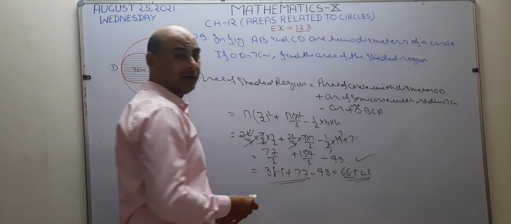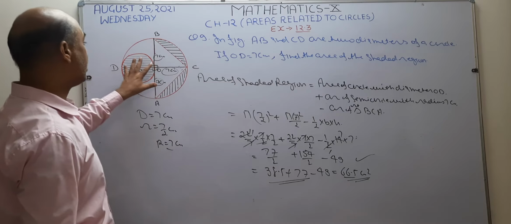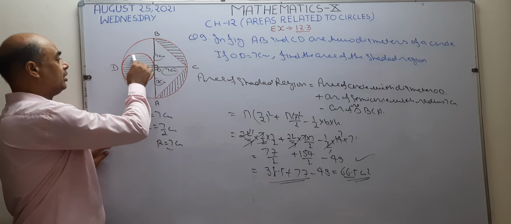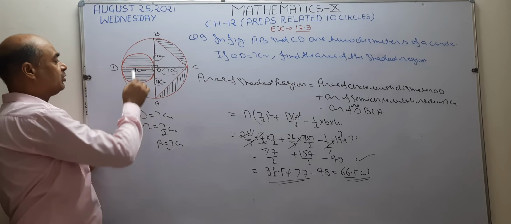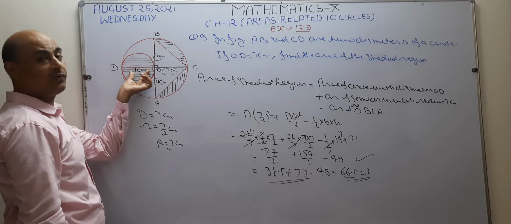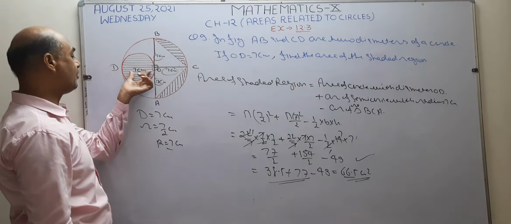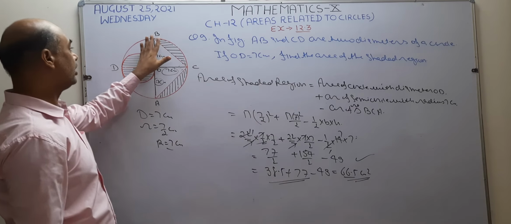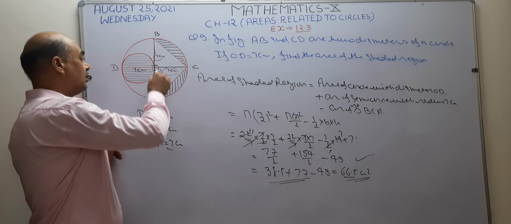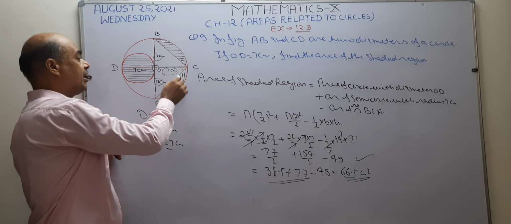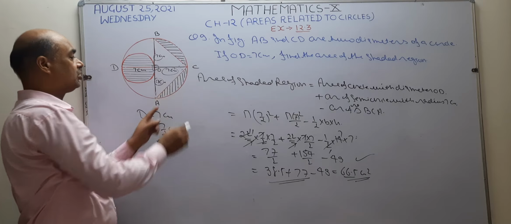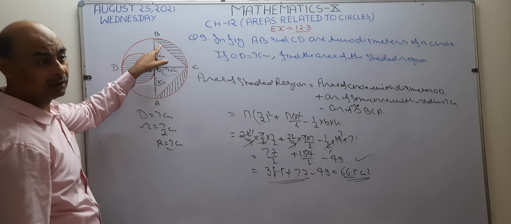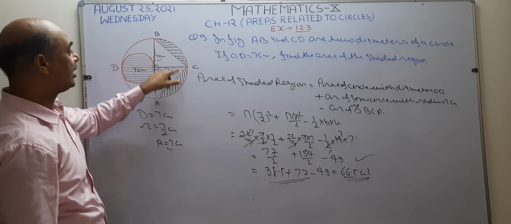Okay. I want to repeat once again. See, in this question we are going to find the area of the shaded region. Check very, very carefully which area is going to be shaded. This small circle is shaded, so it means we are going to find the area of this circle. How do we find the area of a circle? Pi r squared. Diameter is 7, so the radius becomes 7/2. Right here, pi times 7/2 squared. After that, this shaded portion lies within this semicircle. It means we are going to find the area of this region. How is it possible? From the semicircle, you have to subtract this area of the triangle. Then in this way, you will be able to find the area of this shaded region.